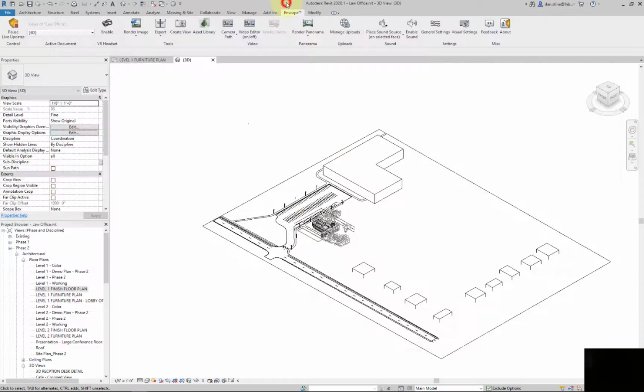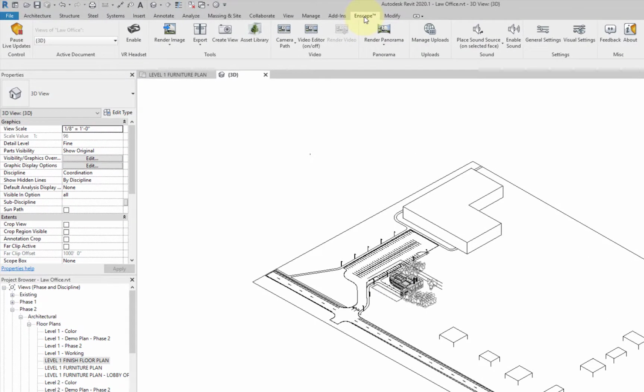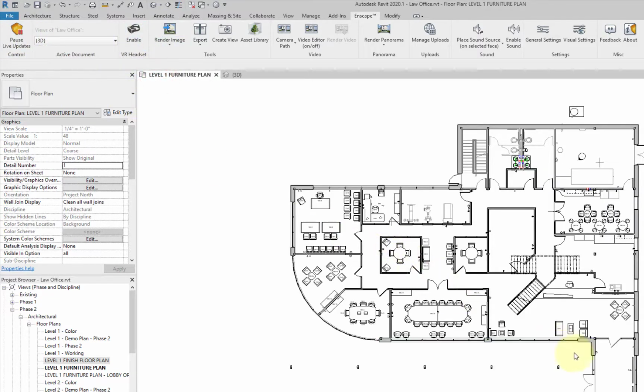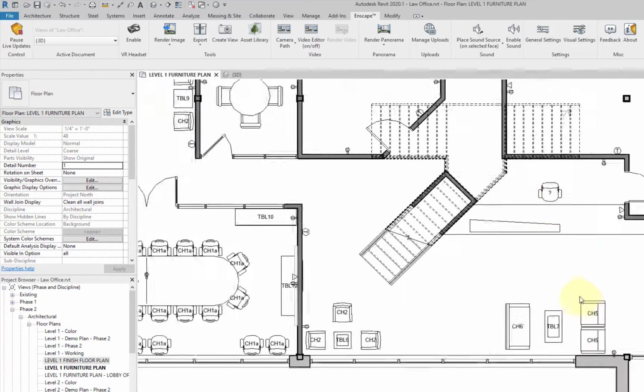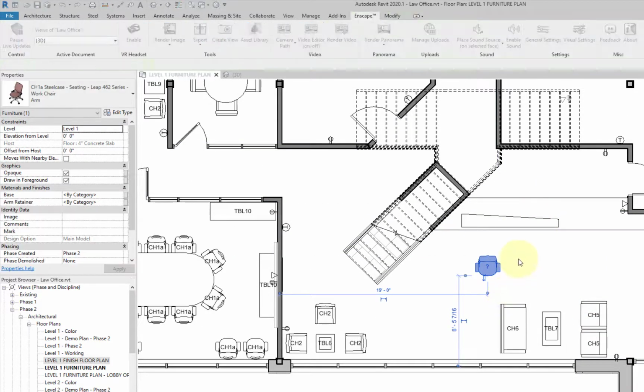A quick look at the user interface for Enscape. It's simply a tab on the ribbon which shows up when you install it on your computer. As we already looked at, we have the Start button, and once we start Enscape, we have the ability to pause it. What that means is that if we actually select something and move it, such as this chair, or